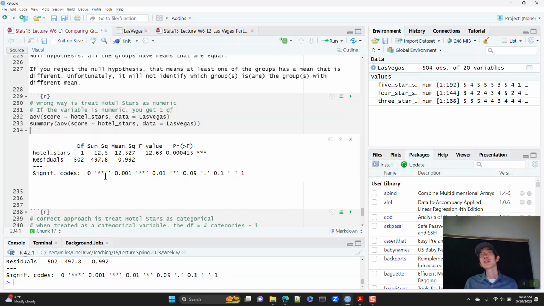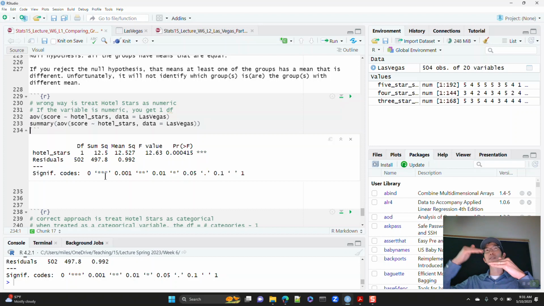But it thinks these are literal numbers, that 5 is bigger than 4, and 4 is bigger than 3, and 5 is 67% bigger than 3, and 25% bigger than 4, or something like that.